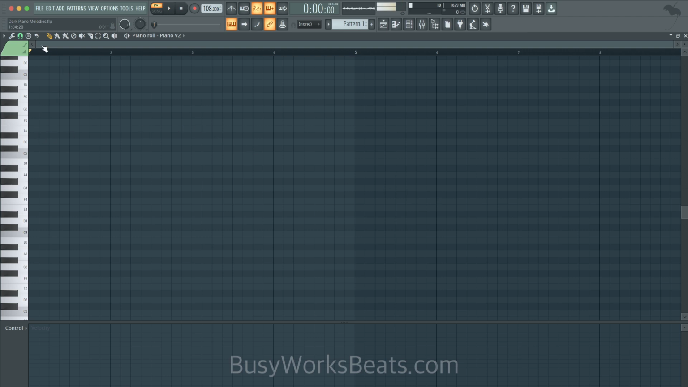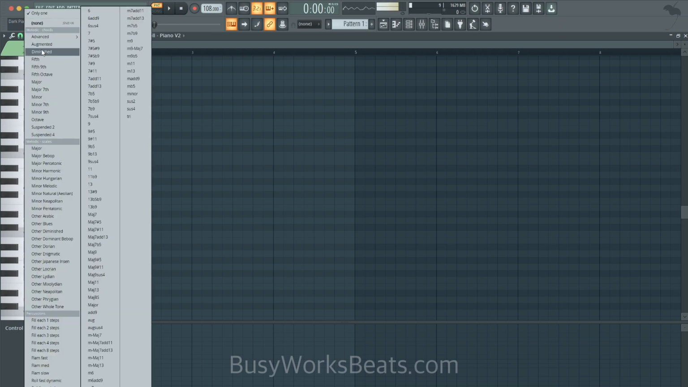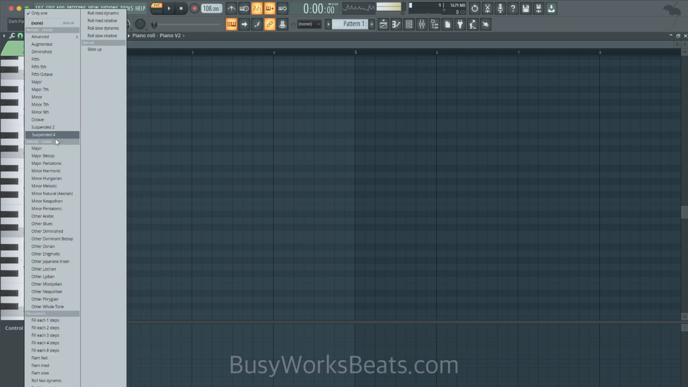Okay. So the first thing we need to do is pick a specific key. Now, I know you were taught to pick major or minor, but there's also these things called modes, and we